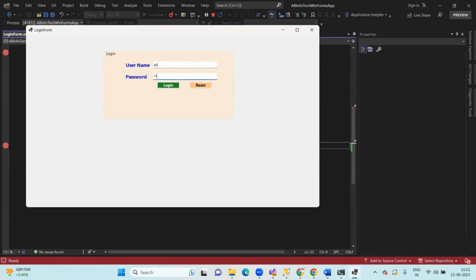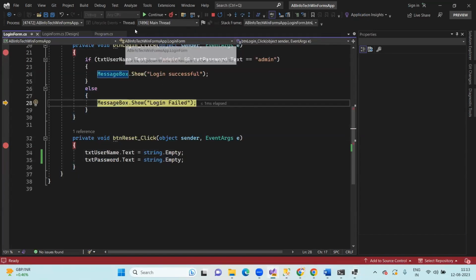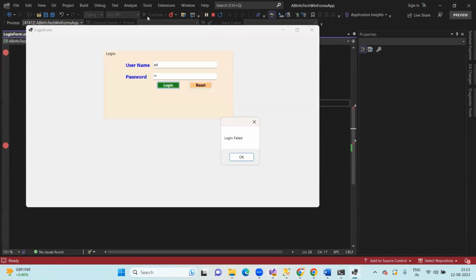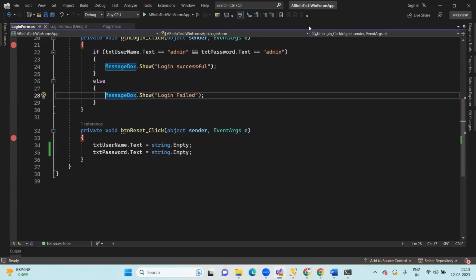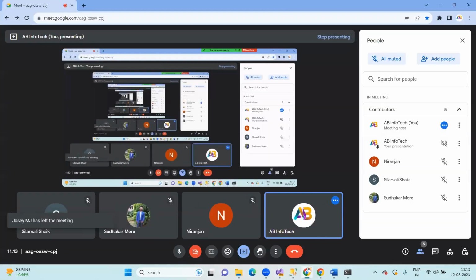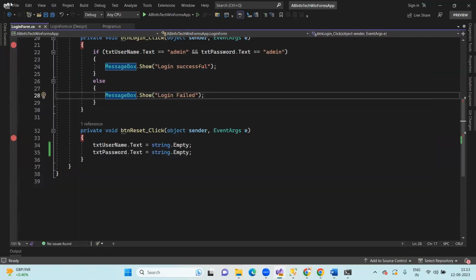With invalid credentials, you go to the else part and it shows login failed. Understood, guys? Any doubts here? Are you getting it, guys? Yes. Okay. So now,